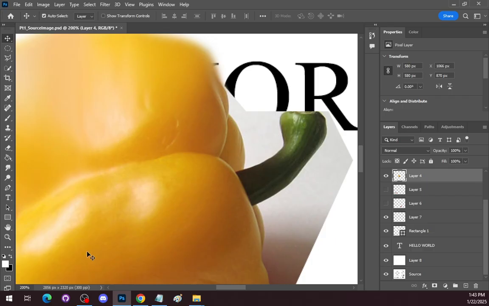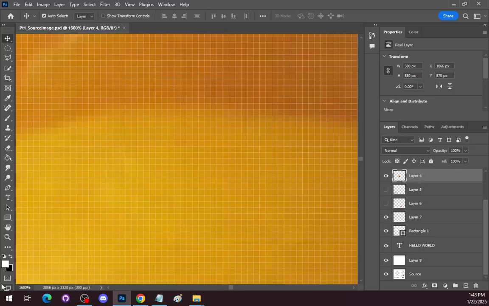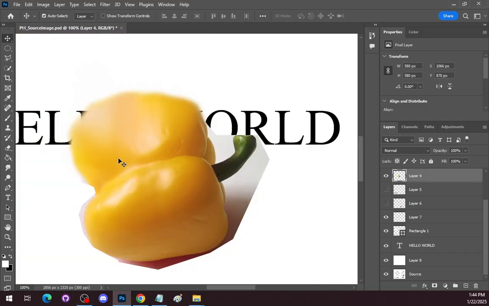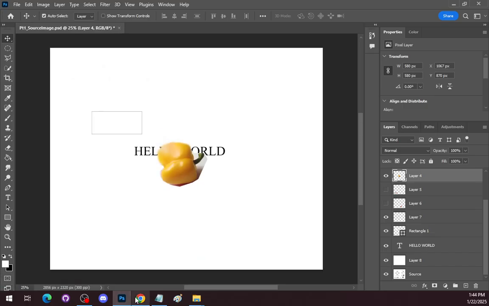You can actually get in at the pixel level, 1600 is usually what you'll go, and you'll see these are the individual pixels, each of these squares. Go back to 25. So you can jump around size right here, and this is the dimension of the canvas right now. It's very big